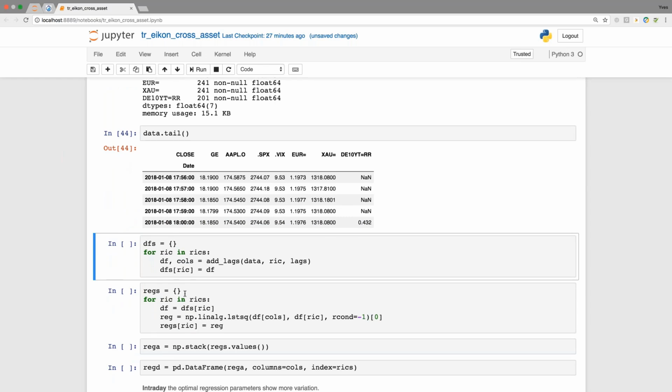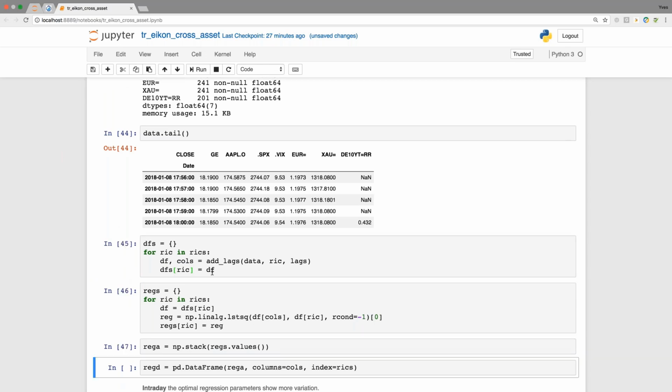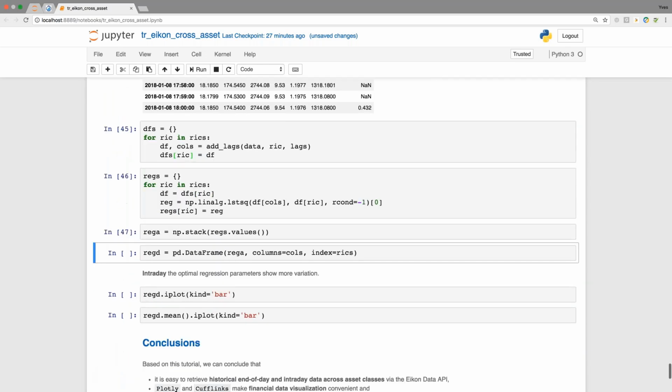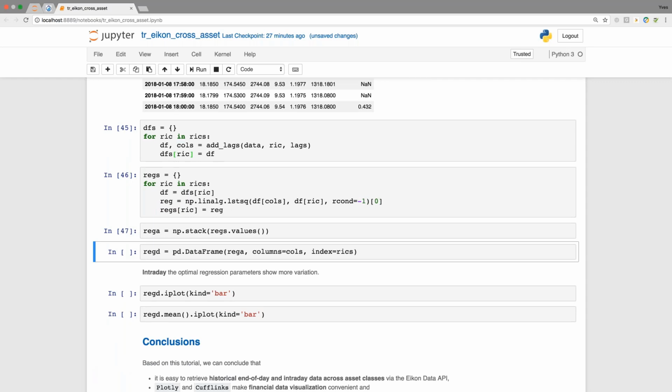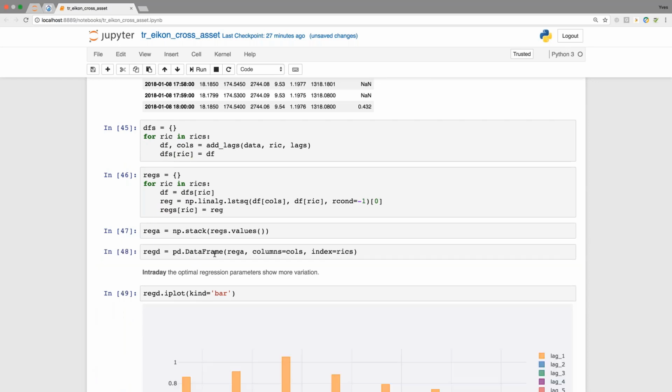So this is now the type of data we work with. The code, on the other hand, doesn't need to change. So we can simply copy and use the code from before. Pandas takes care, so to say, of the different time interval. When I have a look after all these steps, first I added the lags, then I implemented the least squares regression, then I put the results in a data frame. And when I now have a look at it visually,